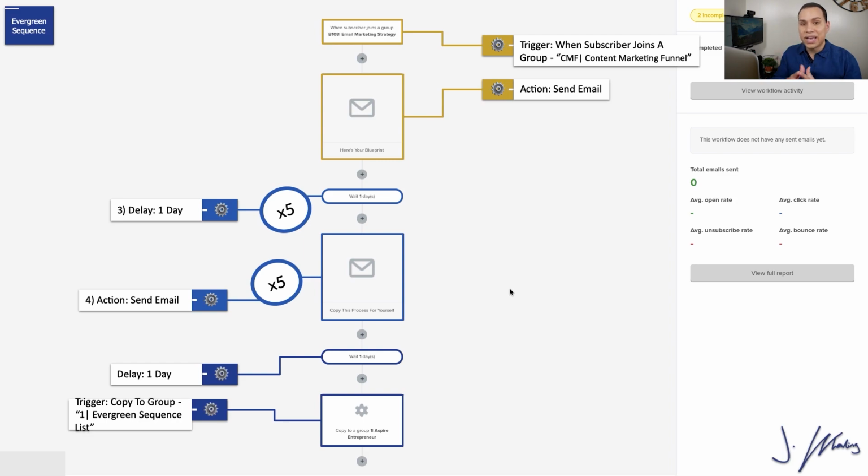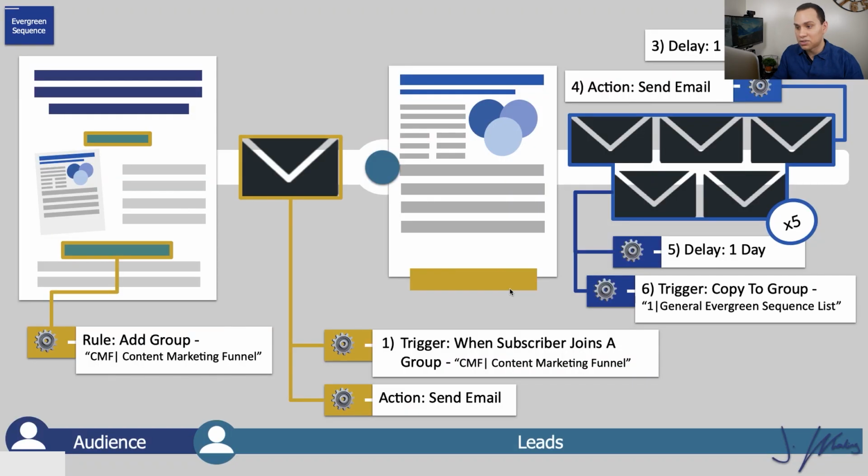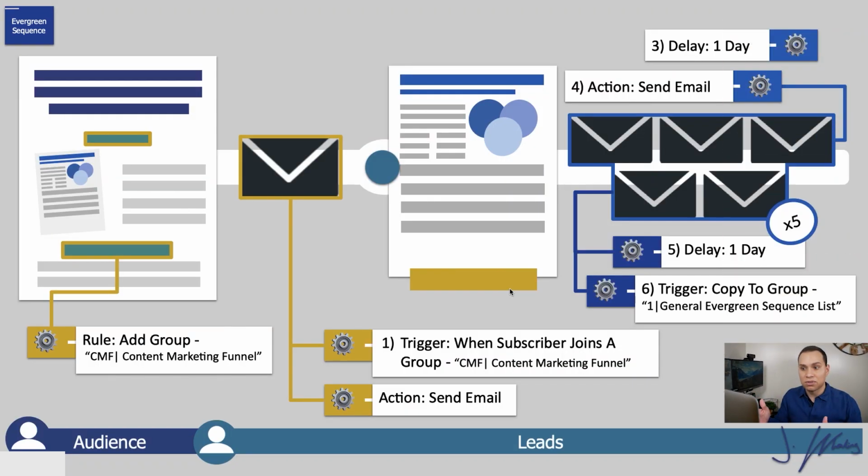And so now we have all of the automations for our first 2 sequences. At the very top, we've delivered the lead magnet. Then we have anywhere from 5 to 7 emails that are selling our product or service. And once that sequence is done, don't worry, we'll get to what happens if they wind up buying. Then they will be dropped into our general broadcast list. And that's all there is to the first two automations. We'll get to customers in a moment here. So this is everything we've covered so far.